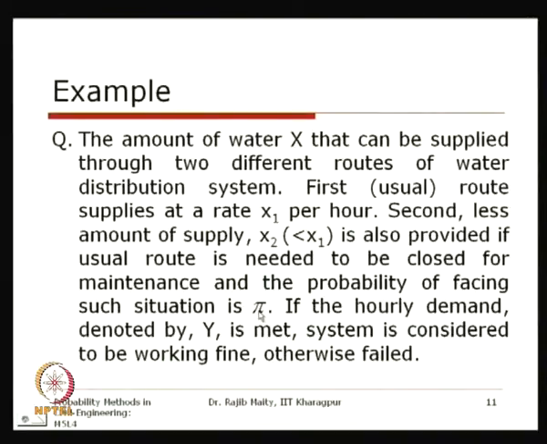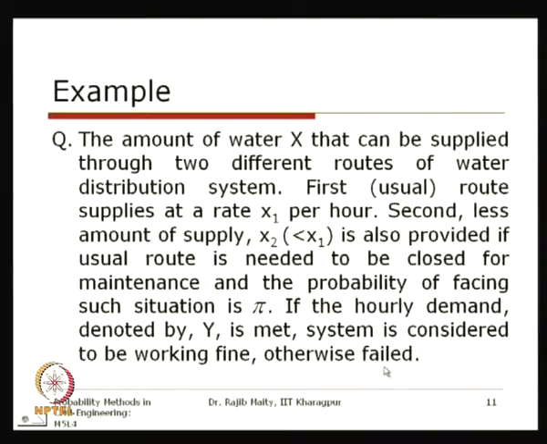So, the water is supplied to the community either through the usual path or through some alternate path. The probability of supplying the water through the alternate path is pi, and obviously this will be small. Now, if the hourly demand denoted by y is met, then the system is considered to be working fine,